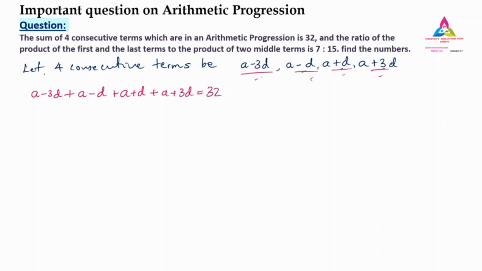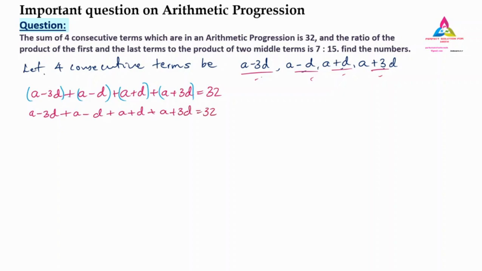So what I have done, I have added. If you want, you can put the bracket if you are getting confused. First term, second term, third term, and the fourth term, and all are plus here. So we have to do the sum. When we have a sum, we will not have any minus into plus, so it will not change the sign over here. So here we have A minus 3d, and once again I'll write it down, plus A minus d plus A plus d plus A plus 3d. That value must be 32.